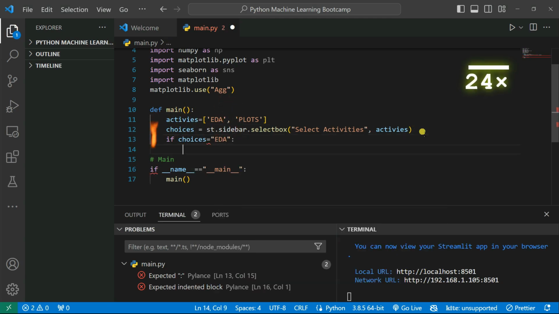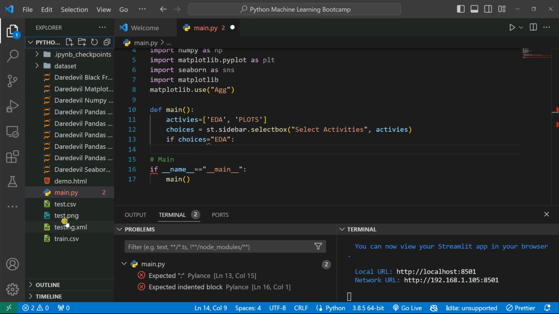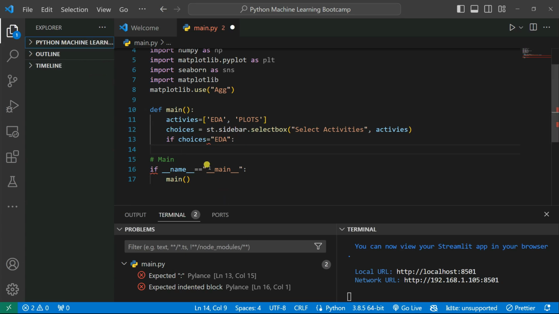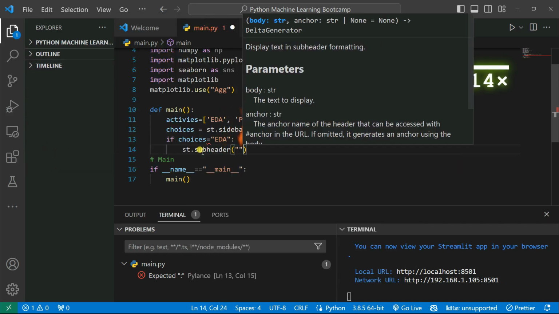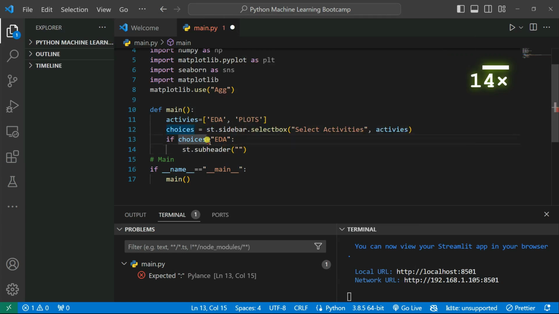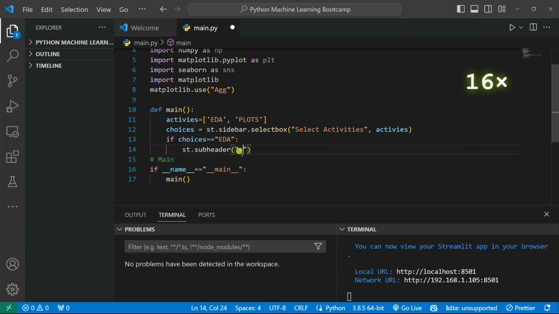Then an upload button should appear. Let's say I'm trying to upload one dataset. Inside my folder there is a dataset called training.csv. I'm trying to upload this dataset, so I'm going to create an upload button. I can simply give one subheader, st.subheader, and if the choice is equal, because this is a boolean, when you select the choice is equal, then I'm going to give here EDA, or you can say exploratory data analysis,